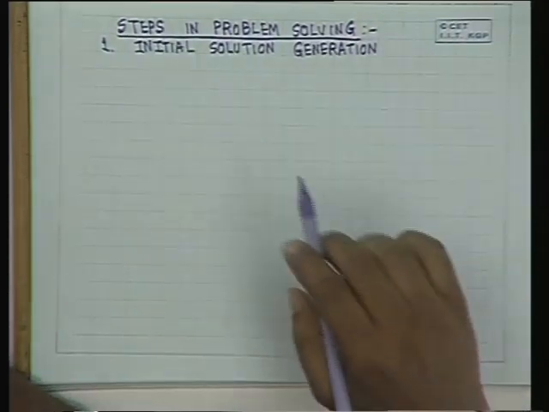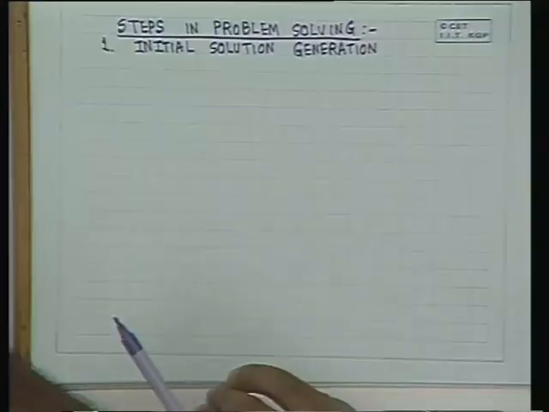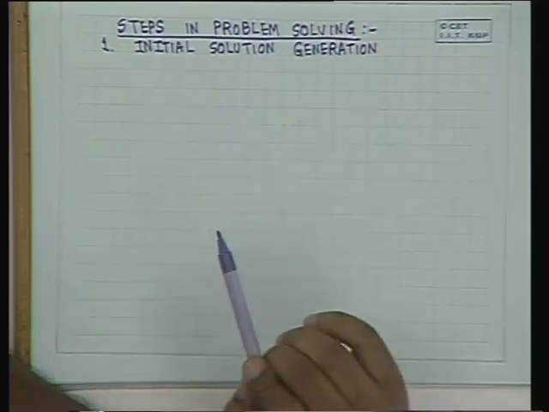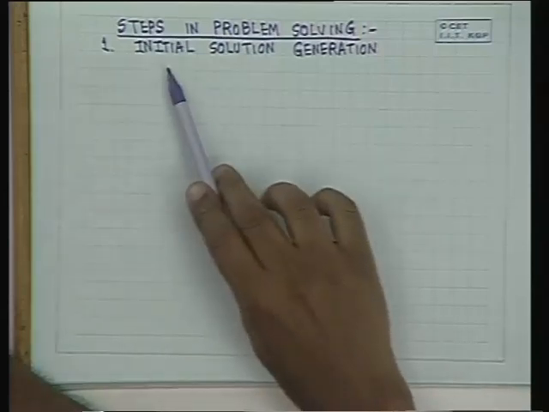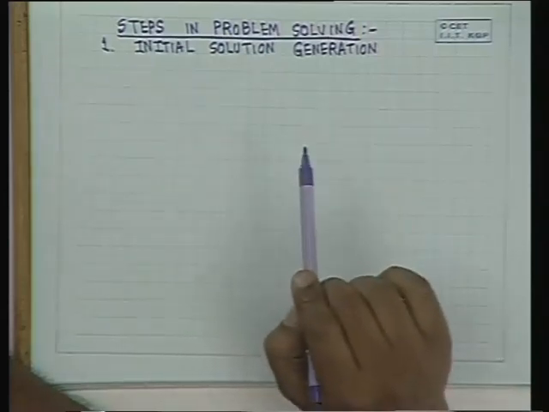these are the broad steps, one of the guidelines which can be used in problem solving. There are no hard and fast rules. These guidelines can be broken to obtain better solutions in some problems. But these are the general techniques which can be used to obtain solutions to a large number of problems. The first is initial solution generation. That is, sorry, you have to try and solve the problem which has been posed to you in some form,